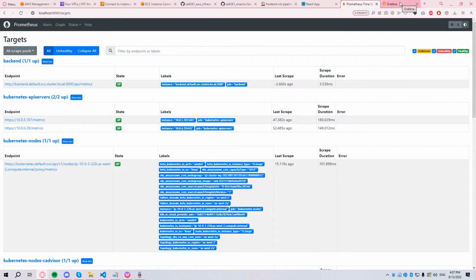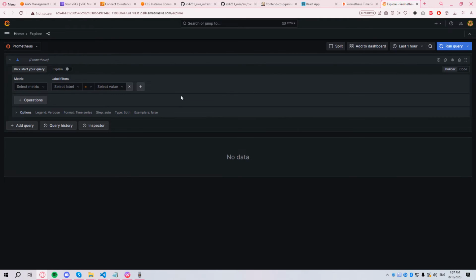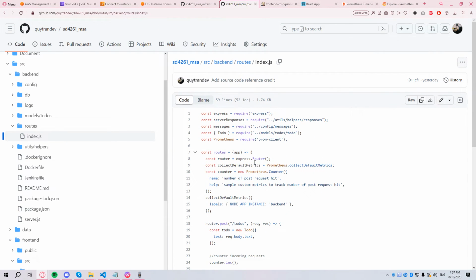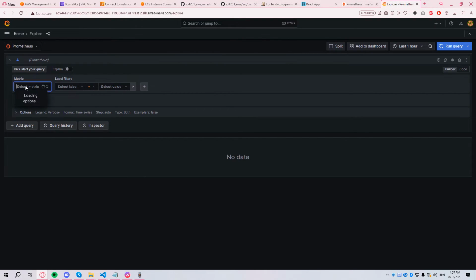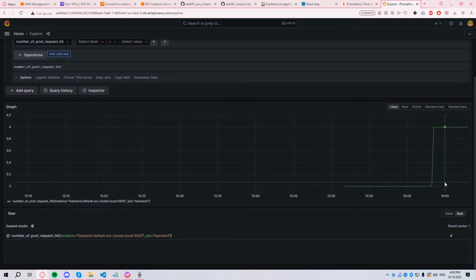Now let's go to the Grafana dashboard and try to see if we can get the whole metric itself. So I'm going to go to this dashboard and go to explore. We can type in the metric to see if we can get it. The name I have was number post request hit. Let's see. There we go, we have it. Run query, and there we go. It is perfect. We have 4 of the requests